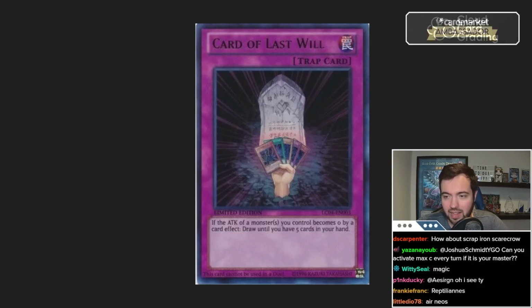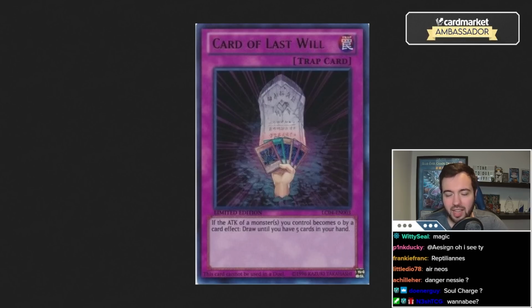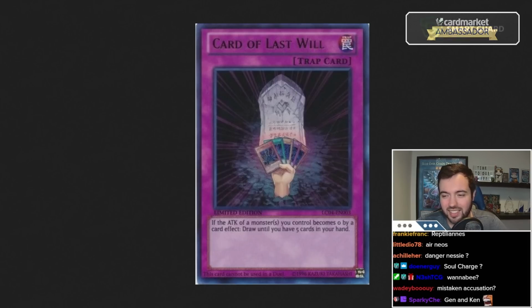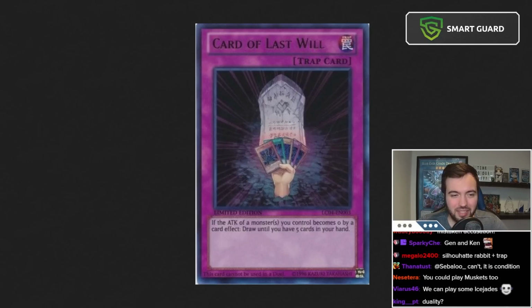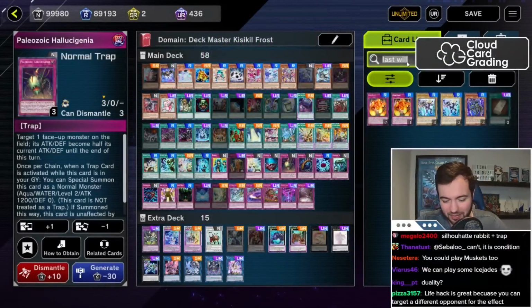Can you activate Max C every turn if it's your master? No, you can't just activate your thing. You can summon it. Add 2 more Paleos so I can give 10 subs. Hey, look, I appreciate the support, but I'm not adding...